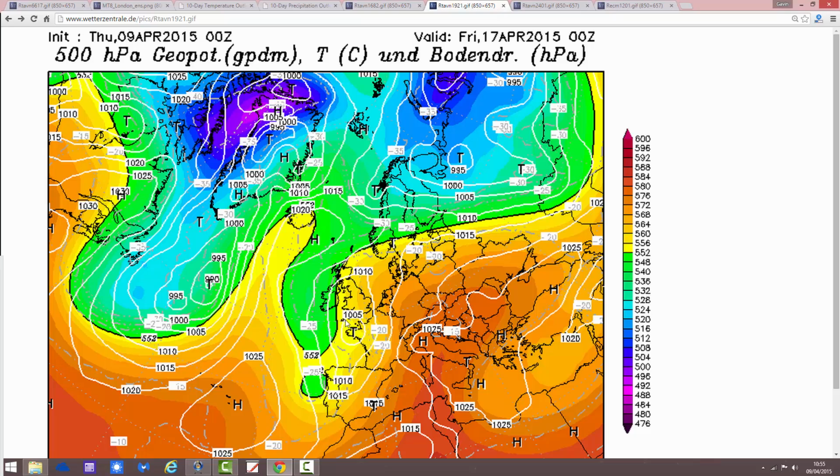This is a classic Spanish plume type pattern, actually. If this was in the middle of summer, that would bring some really hot temperatures and violent thunderstorms with it. Of course, it's only April, so temperatures are going to be moderated, and that means that the thundery potential is going to be moderated as well. But certainly some heavy rain there would be associated with that low pressure moving up out of France